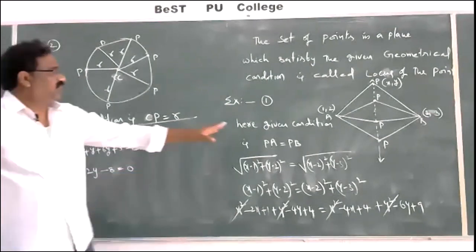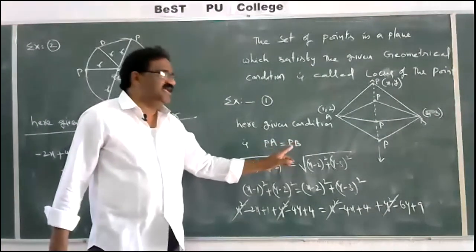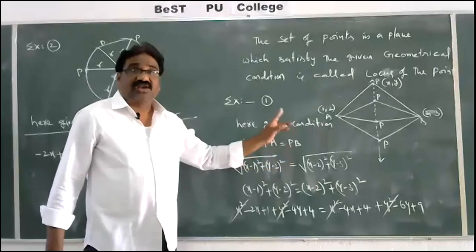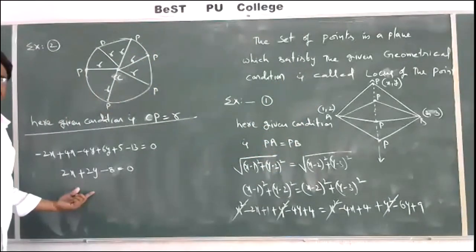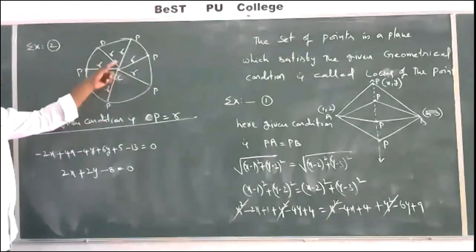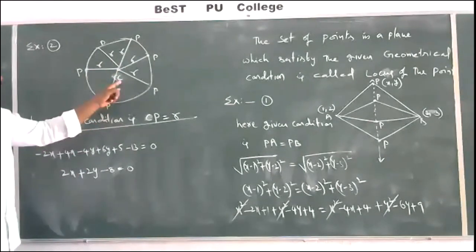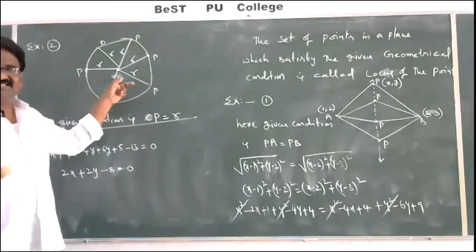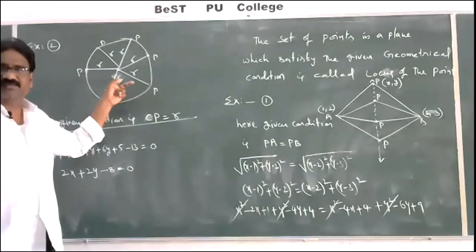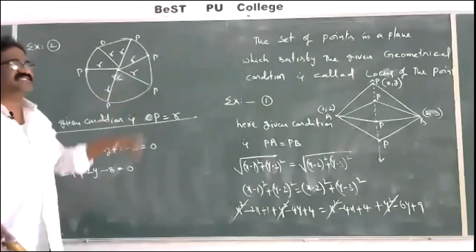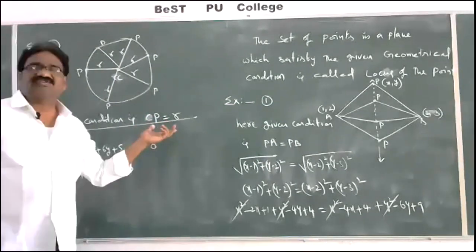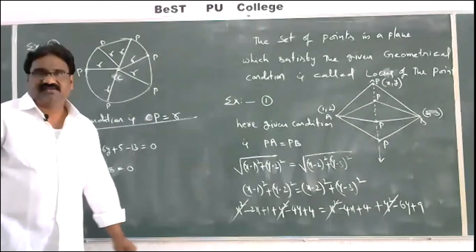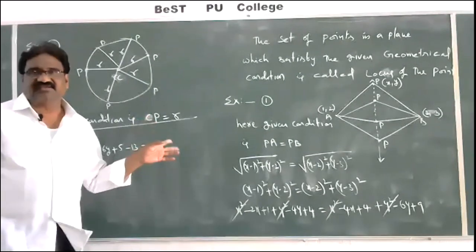So from the given condition PA is equal to PB, the locus of the point P we get is a straight line. Here, for example, apply the condition. If you take C as any fixed point, and R is the fixed distance, some distance. You can apply it here. Here also you get the circle equation.